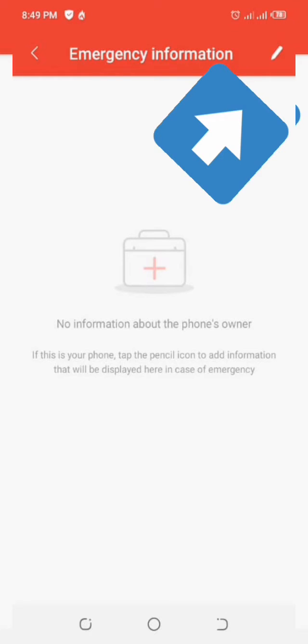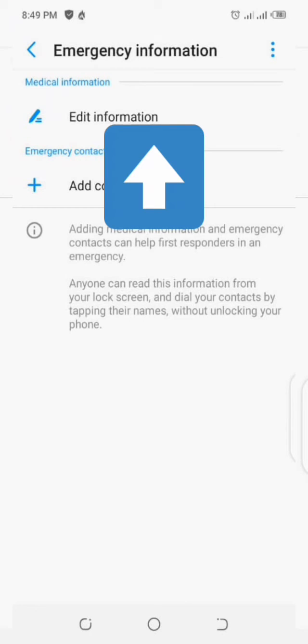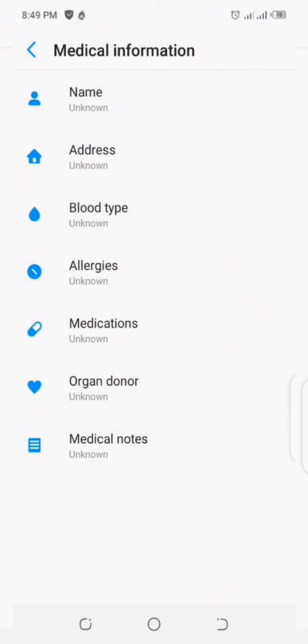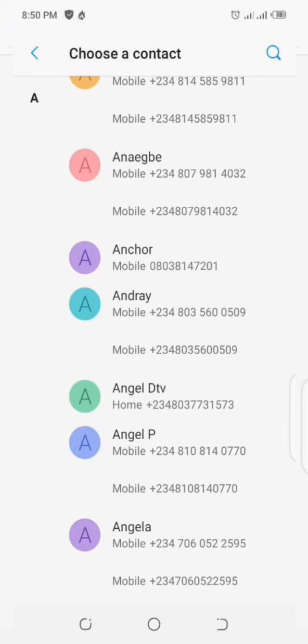Click on the pencil icon to edit your information. So we edit information now by supplying your name and other data. After you are done with that, go back to add contacts to fill in the contacts that can be used for emergency calls and